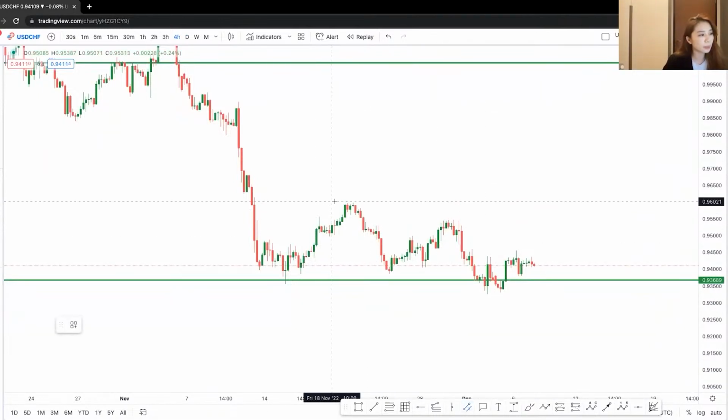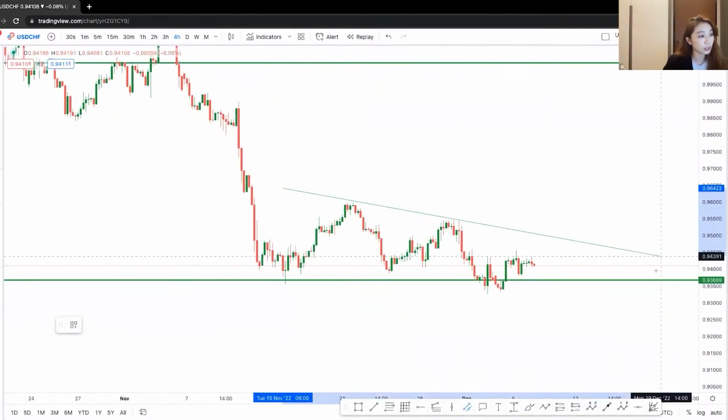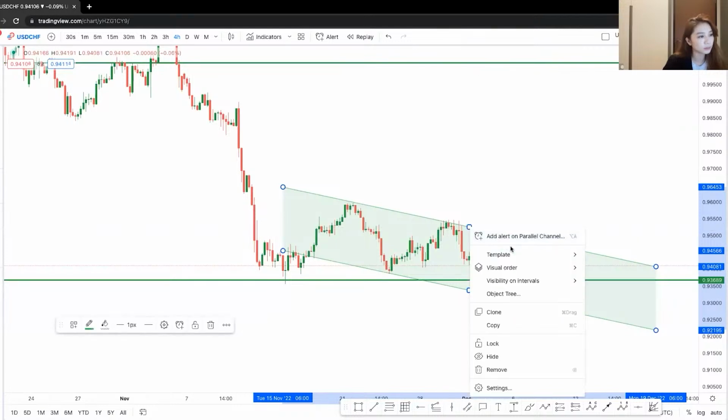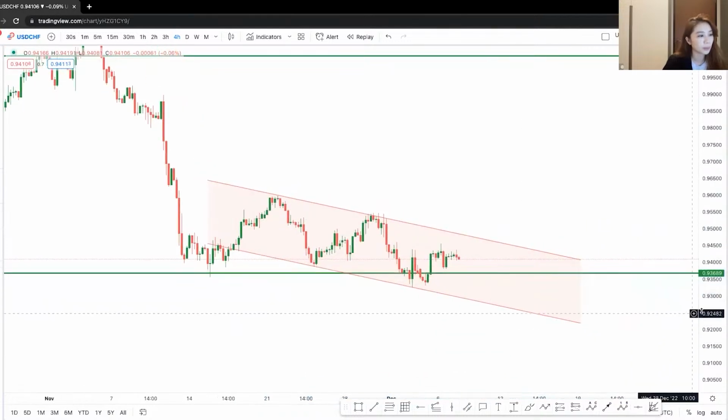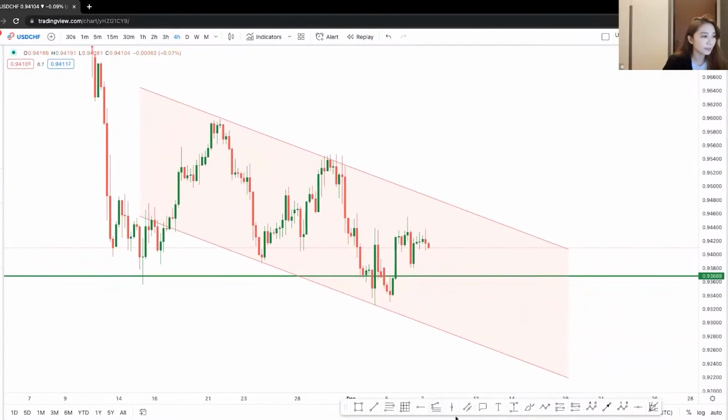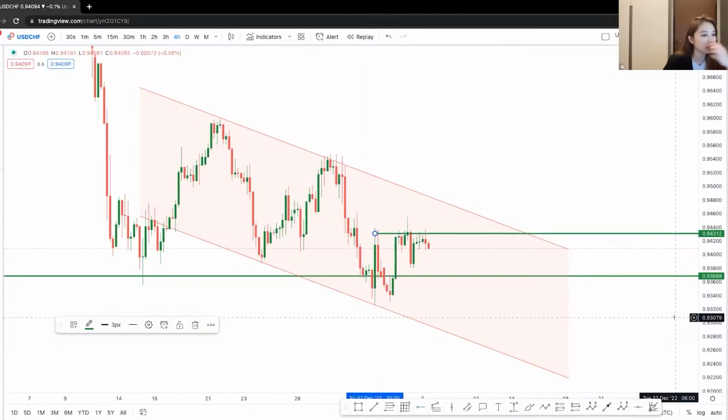We are looking at a potential channel, I believe. Let's try out. Yep, we are looking at a downward moving channel, a bearish channel in this case. However, I would say that currently price is right smack in the middle of the channel. The market is a bit unsure of its goings, and we can see the price do react a fair bit on this level of resistance